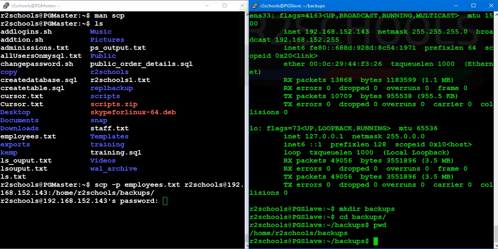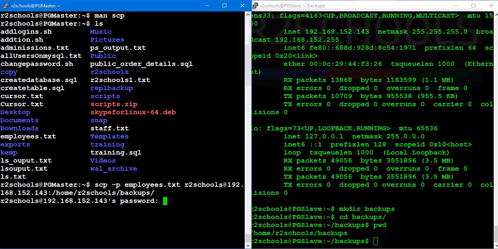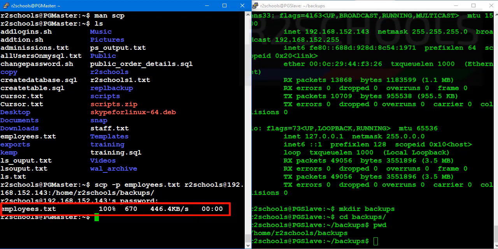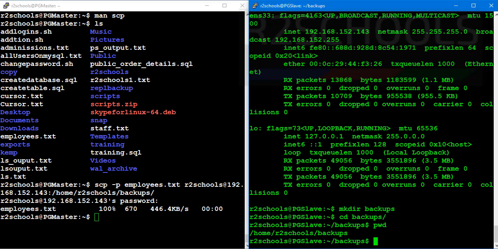Then provide the password of the target user. See, it has copied 100%. This is the percentage of the copy, this is the size of the file, this is the speed of the file transfer, and this is the total elapsed time.